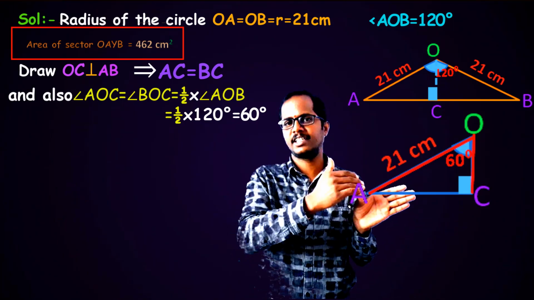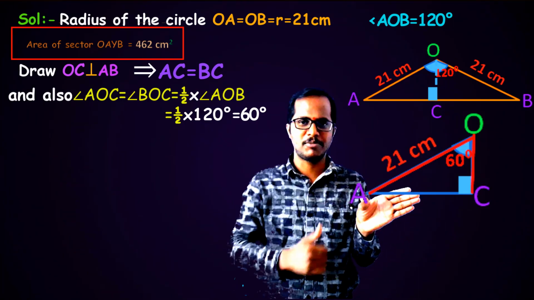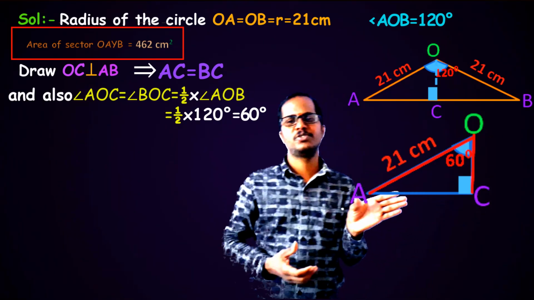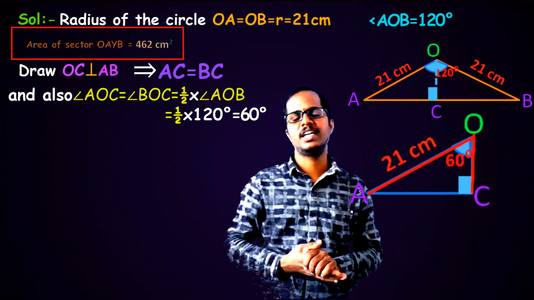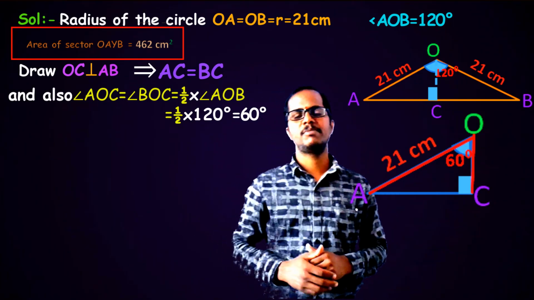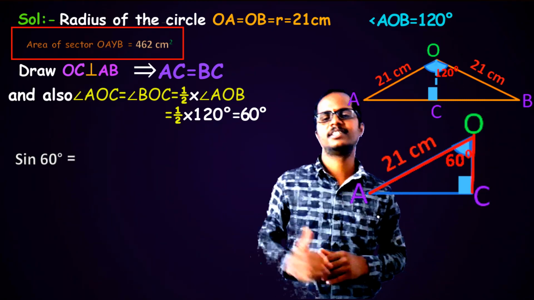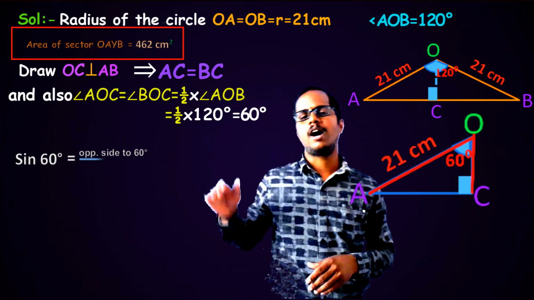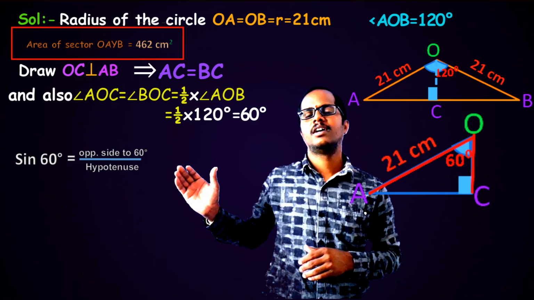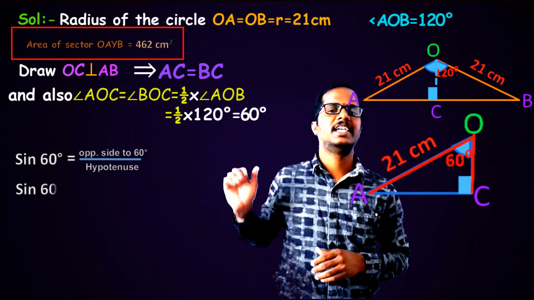So we need to take the ratio between opposite side to hypotenuse, which is called the sine trigonometric ratio. So we need to take the sine trigonometric ratio here to find the length of AC. So let us use the sine trigonometric ratio by taking sine 60 degrees. Sine 60 degrees equals the opposite side to 60 degrees by the hypotenuse, and the opposite side is AC and